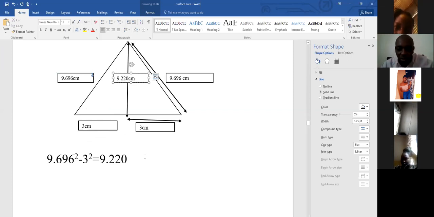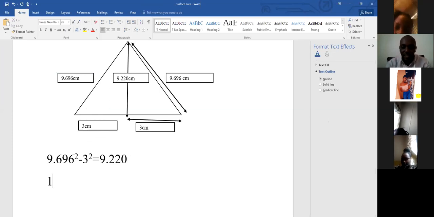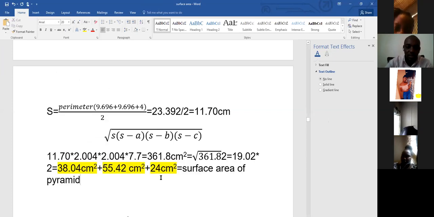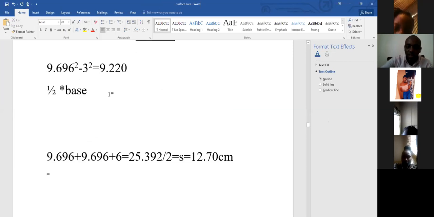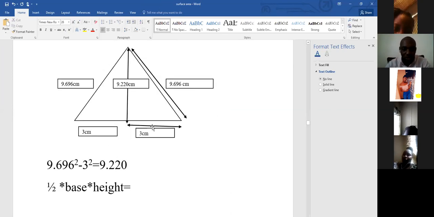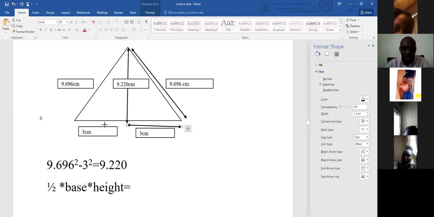So you can now use the formula of a half multiplied by the base multiplied by the height. And that formula is going to be, the base is now going to be this whole thing. Don't forget the base is this whole thing, because you look at the triangle, it is this whole thing, only that we divided it by 2. So a half times 6 times 9 point